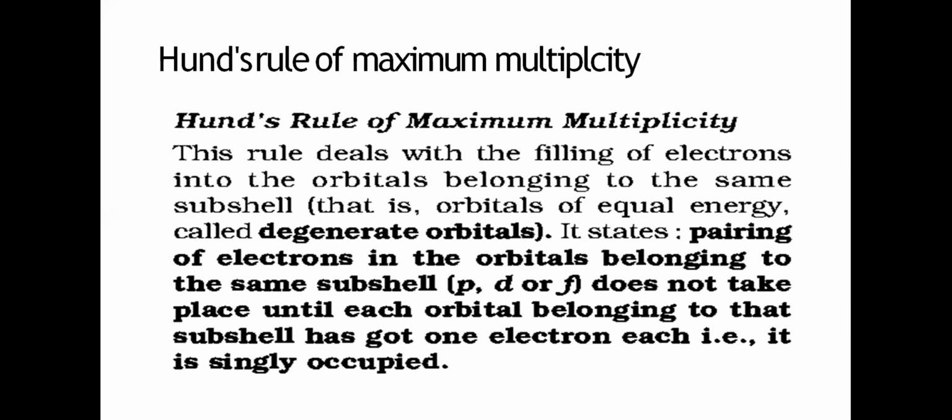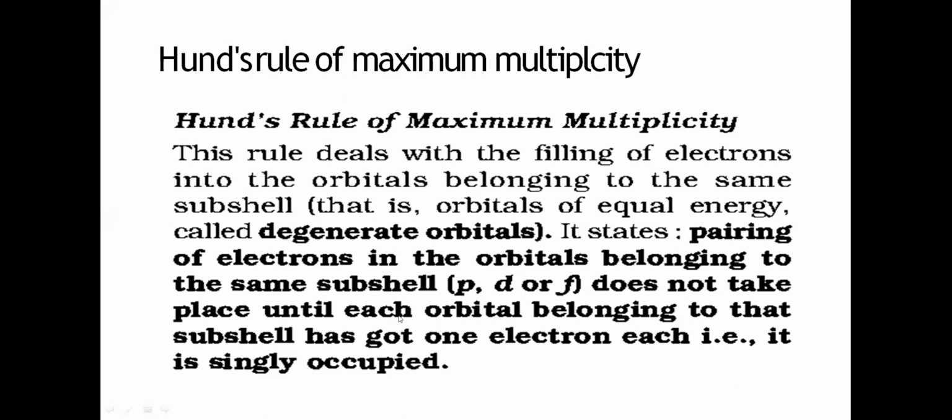This rule deals with the filling of electrons in the orbitals belonging to the same subshell, that is, the orbitals of equal energy, or you can say degenerate orbitals. Orbitals of the same subshell and the same energy level are degenerate. It states that pairing of electrons in the orbitals belonging to the same subshell, that is s, p, d, f,